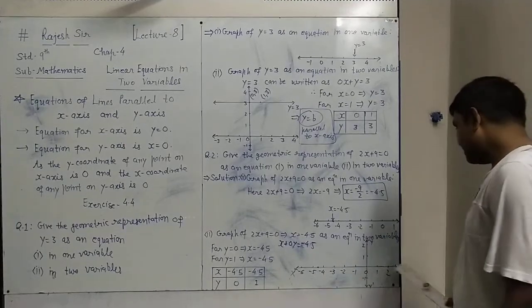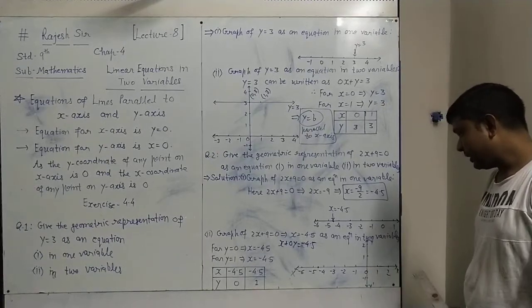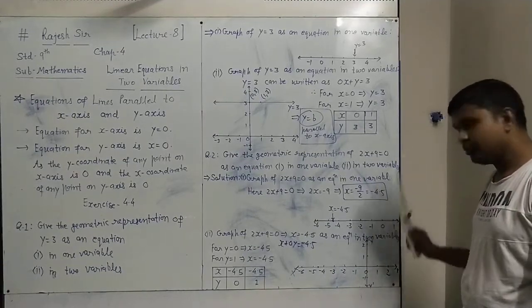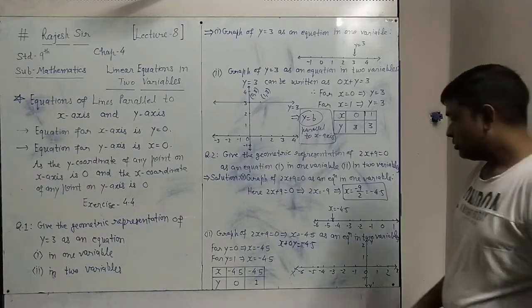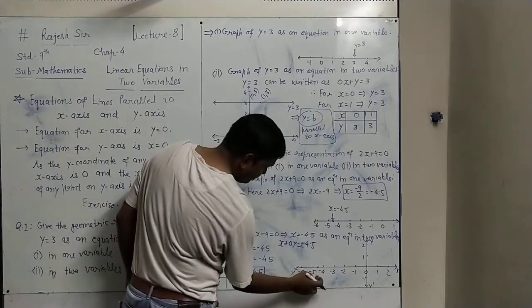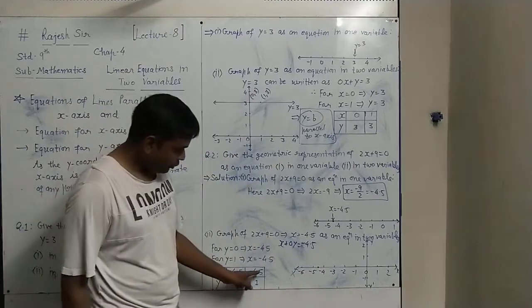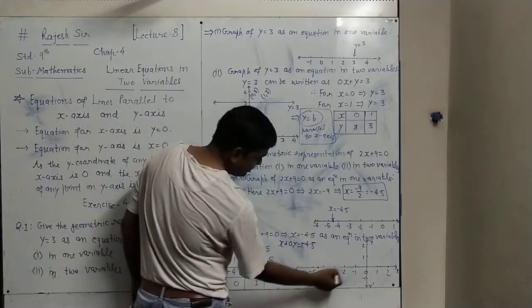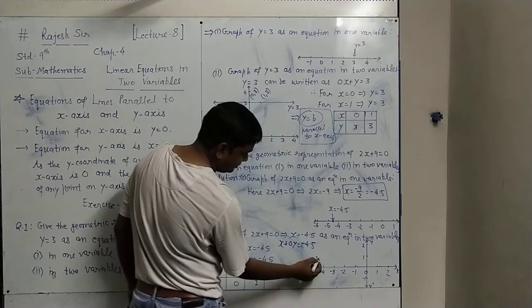So in the graph, the x-axis and y-axis we have drawn with the origin here, 0, 1, 2 on the right, minus 1, minus 2, minus 3, minus 4, minus 5, minus 6 on the left, 1, 2, 3, 4 on the upside and minus 1, 2, 3 on the downside. So the first point is (minus 4.5, 0). x is minus 4.5 means the midpoint of minus 4 and minus 5, and 0 means the same point here. The next point is minus 4.5 and 1 on the y-axis. So minus 4.5, the same value, and 1 up on the y coordinate side. This way I am getting the second point.